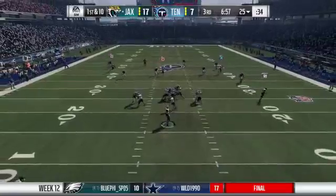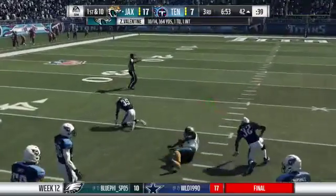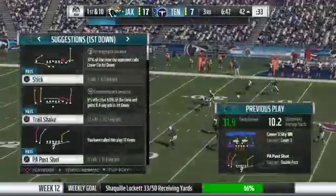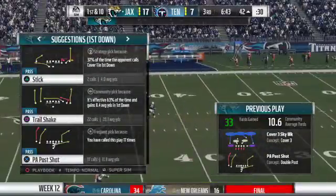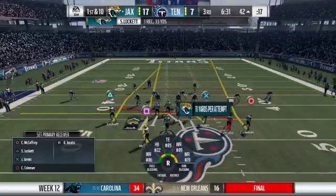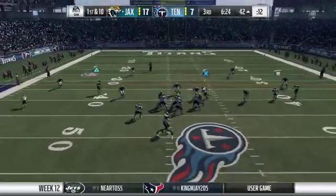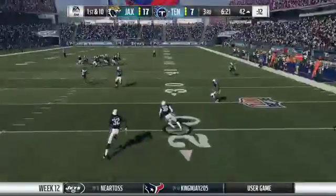And what I'm thinking is that the offensive staff... Oh, this is taken in. It's complete. And he's taken down, but not before getting this across midfield and just shy of the 40. A very nice pickup of 33 yards. We just saw him hit a big play there on a deep post. And most of the time, the post isn't available because usually you have defenders in the middle of the field. But if you throw enough curls and crossing routes and underneath routes...